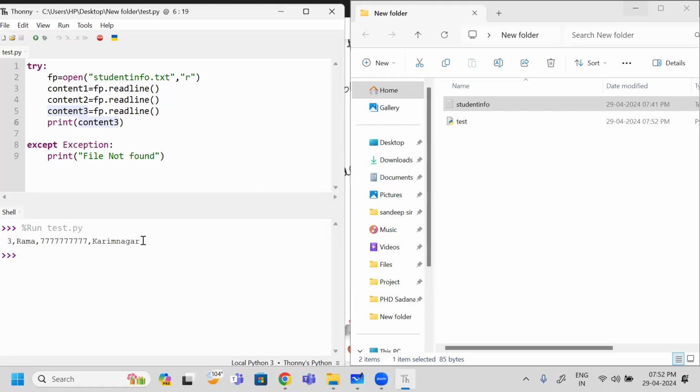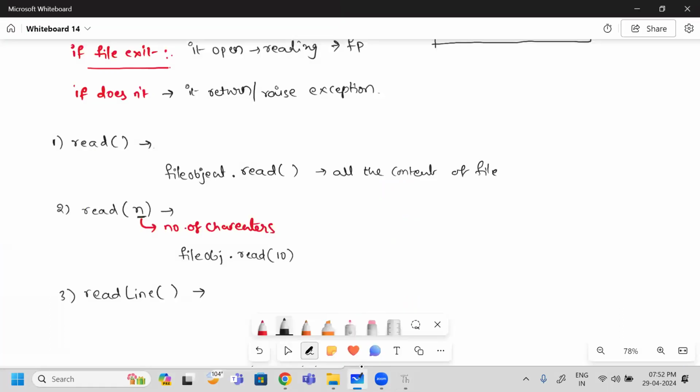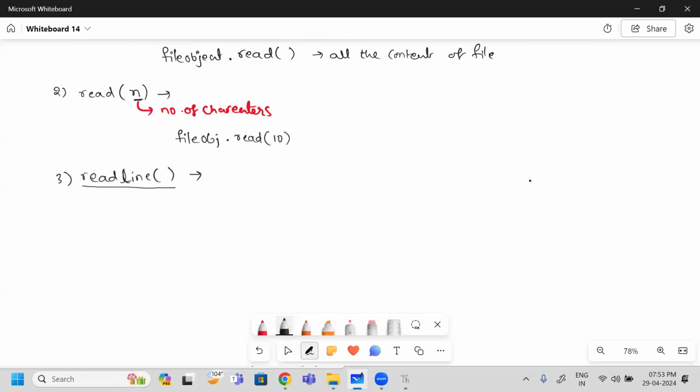Next one. Here you have to raise one more question. Sir, okay. If it is 3 lines, I have written 3 lines. But I want to read the line which is present at row 1000. Do I need to write the readline method unnecessarily 1000 times? No. When you know perfectly in which row the data you want to print is, then you have to go for another method. That is the fourth one,